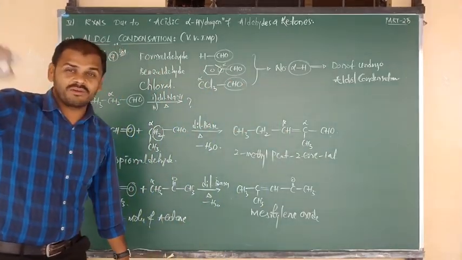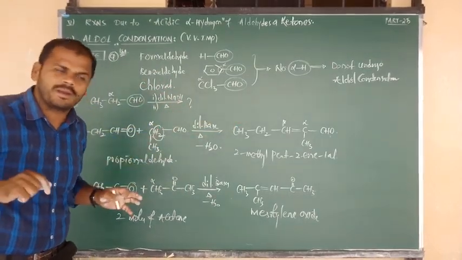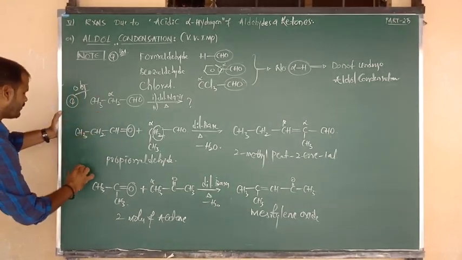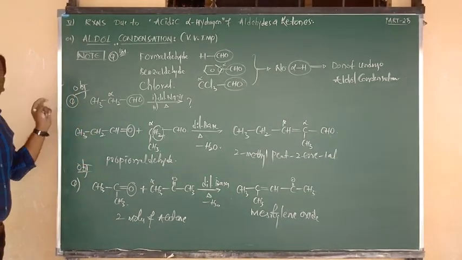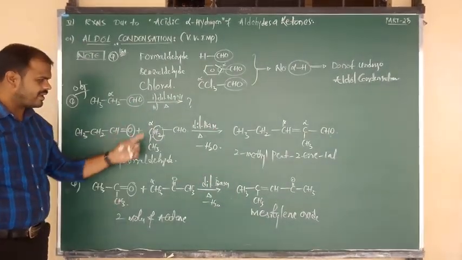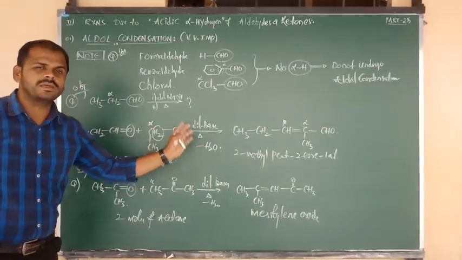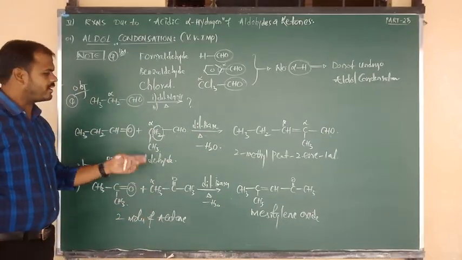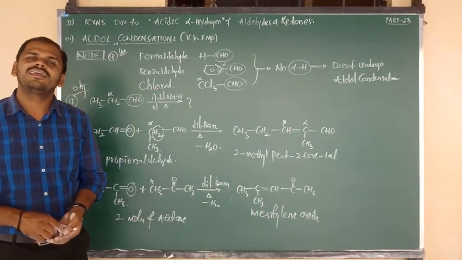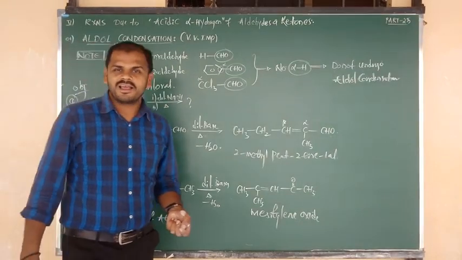So mesityl oxide I have already given in the second example, but the two equations are right. Briefly, that is how to write it from a theory point of view, but these are the short methods only for the objective point of view. So in short, how to write the final product? From the first molecule we have to remove the oxygen. From the second molecule, especially from the alpha carbon, we have to remove the H2, which is removed in the form of a water molecule. After that, upon condensation, you will get alpha beta unsaturated aldehydes and ketones. So this is the story about aldol condensation.